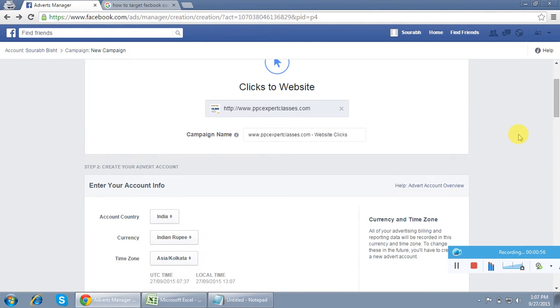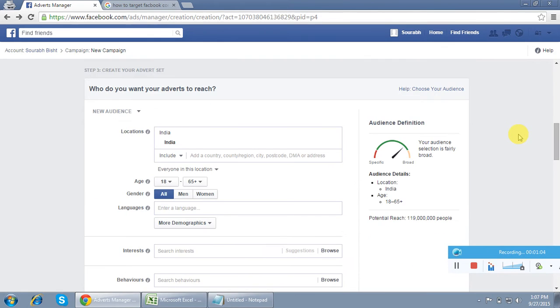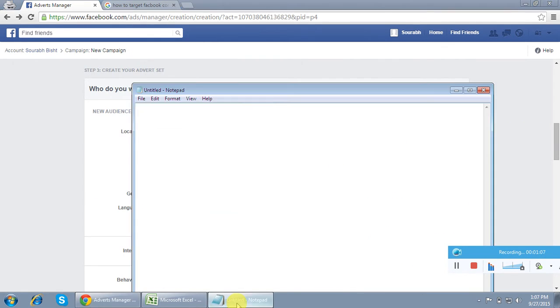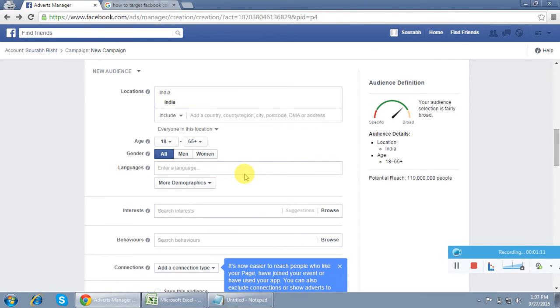Then to target your competitor audience, what you have to do, this is the normal setting. I hope you're aware of all these settings, how to implement and how to set. I'm just showing you the direct option from where you can target your Facebook competitors and the audience of all those who are in connection with that page.